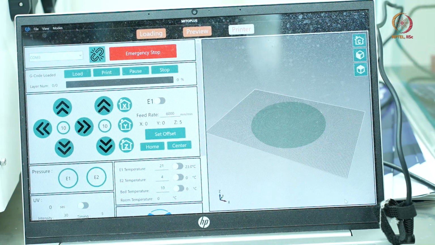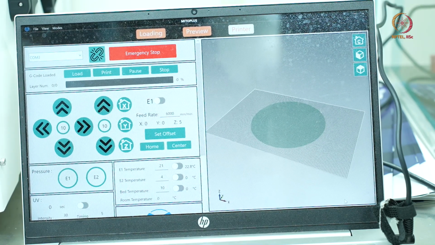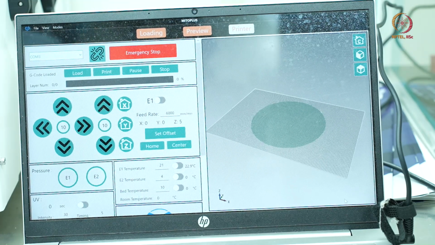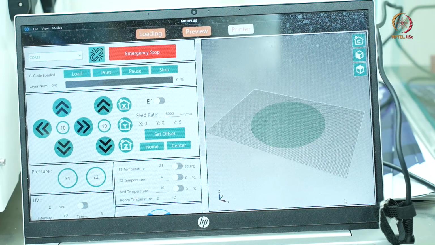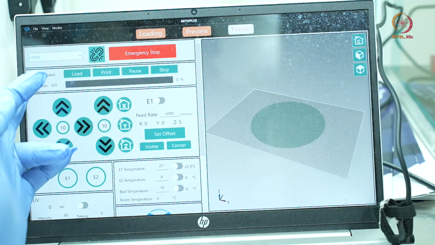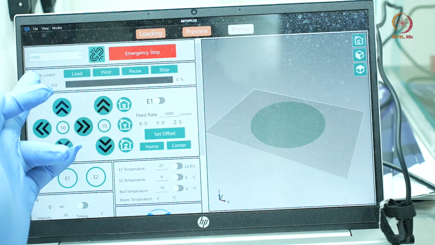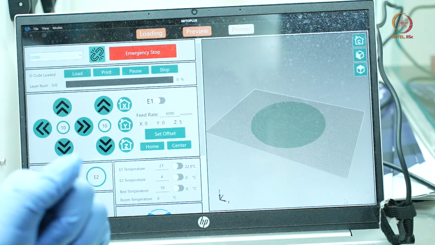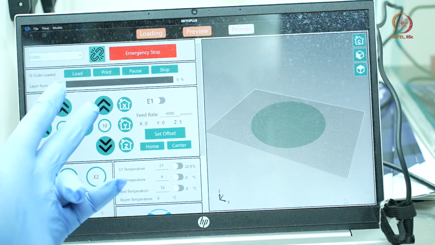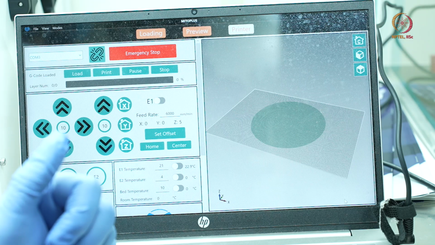So after 10 minutes, you will see that this scaffold structure is being designed, and then you can see different views of the designed scaffold. Then you can load the G-code file that will be generated, and the G-code file can be loaded in this particular software that is called Mito Plus.